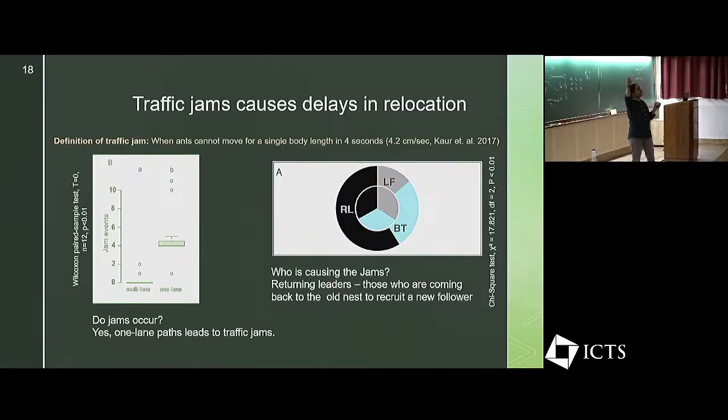And there should be animals who are stuck in this jam behind this animal who is not able to move. All right. Now, why did I pick 4 seconds? Because the entire distance of the narrow lane can be covered in 4 seconds. So we used a really stringent definition of jam. Now, if we relax that definition, there may be more jams possibly, but we want to understand it in the most stringent possible manner. And in this definition, by looking at the videos, we had 56 jams. So we looked at it from that data.